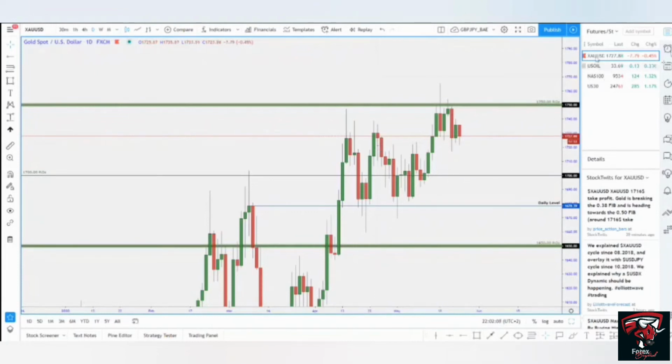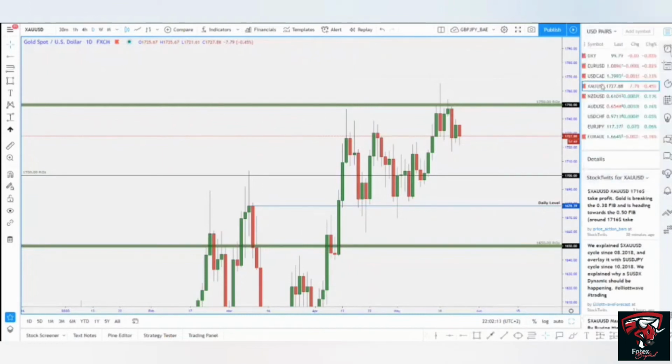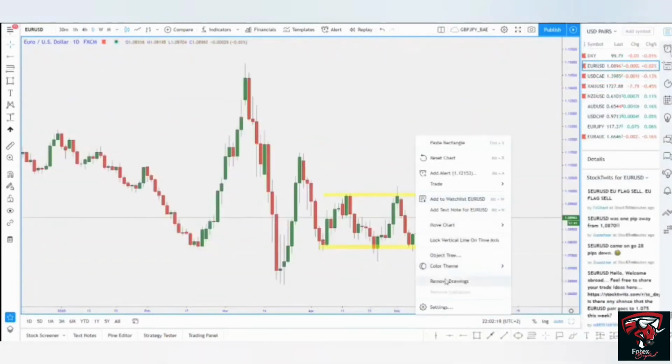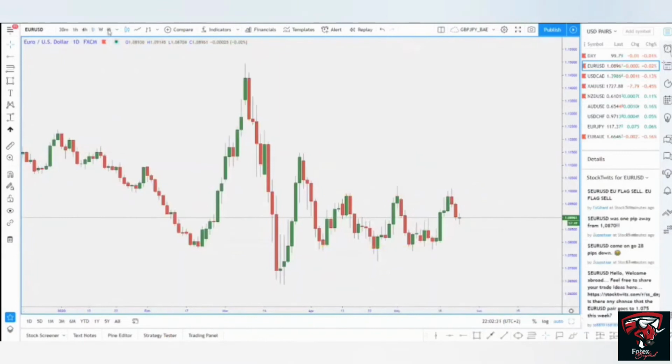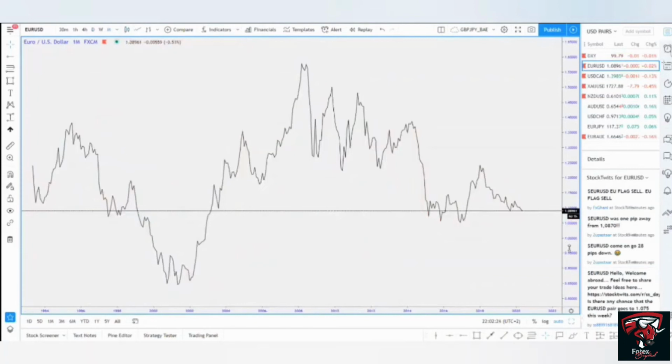Let me take up a different chart. For example, I'm going to take up a USD pair and do the same thing. I don't know which pair to take. Let me just take the EURUSD, all right? Let me remove drawing tools, go up to the monthly. On the monthly, you're obviously going to be drawing your lines, so from the line chart,